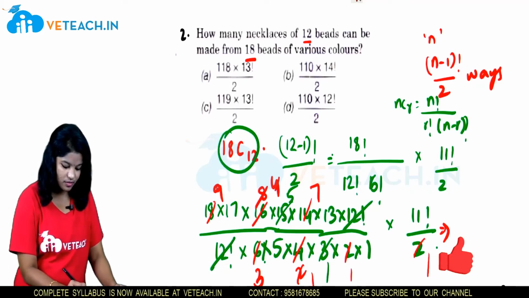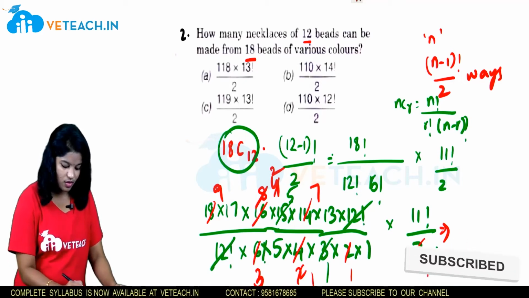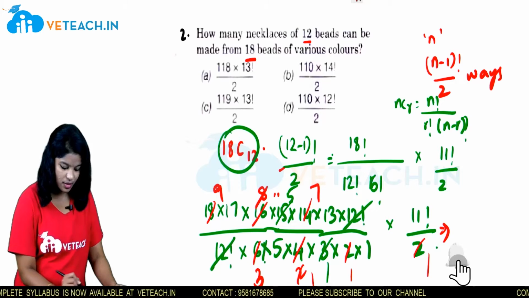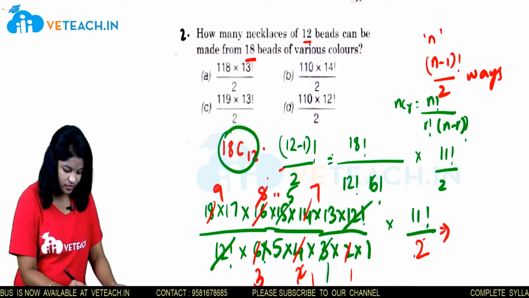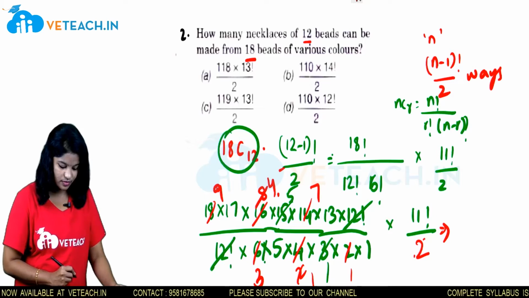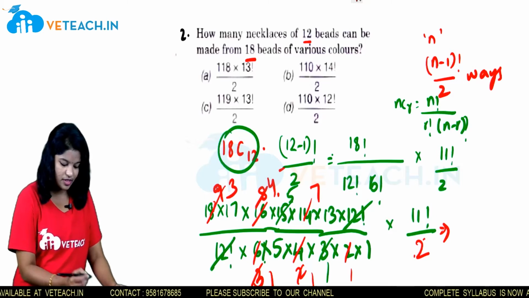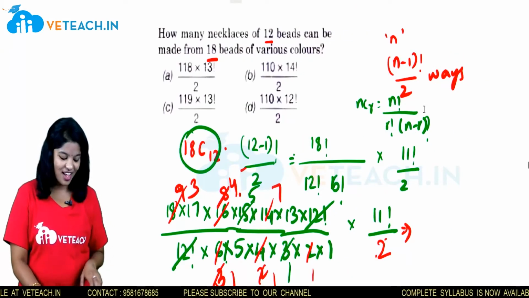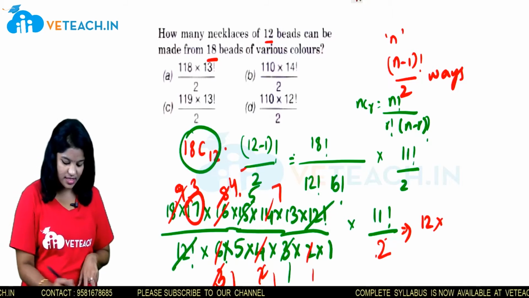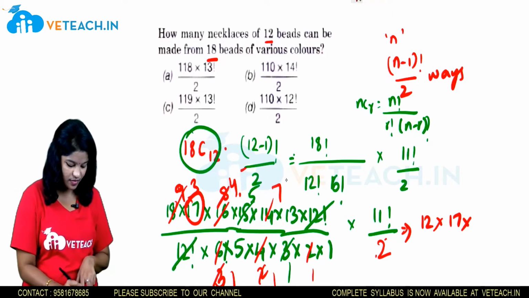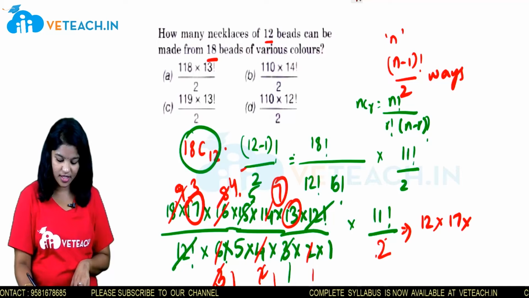Now here 1 time, 2 times. Otherwise leave it as it is. Here 2, this is 4. 3 table 1 time, 3 times. So this can be written as 3 4s are 12, into 17, into, here 7 and 13 are remaining,